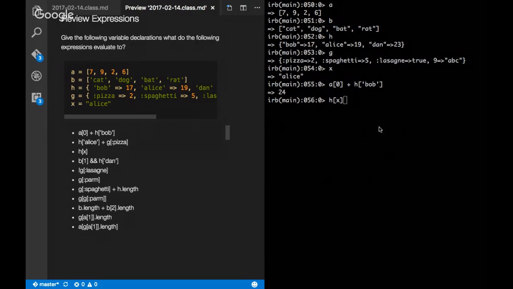Oh, 19. It's a tricky one, yeah. 19. People see why? Because X is Alice, and then Alice is the key to 19 there. When you're looking at code and you see something like this, just X plain in the code, you've got to